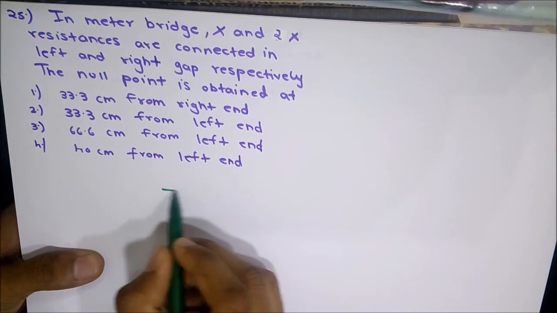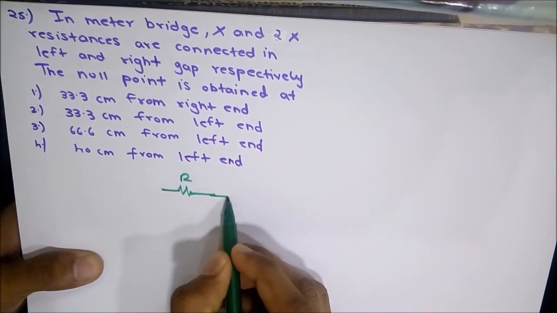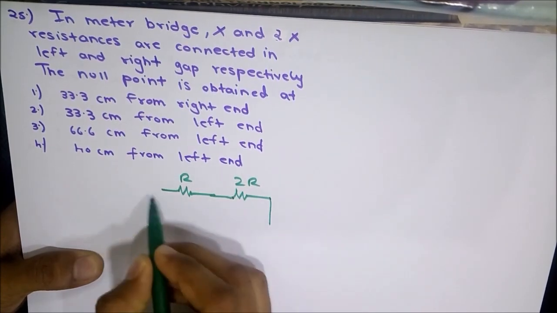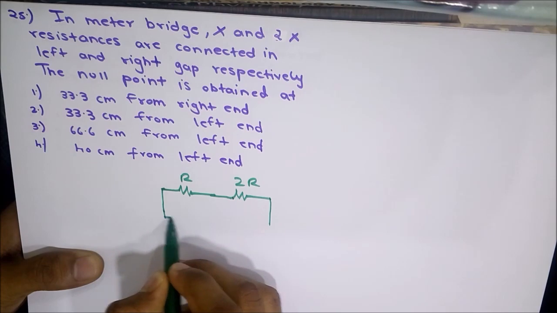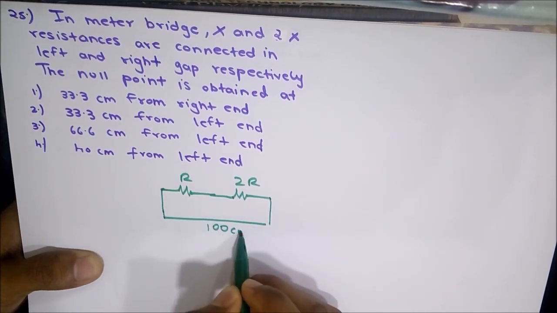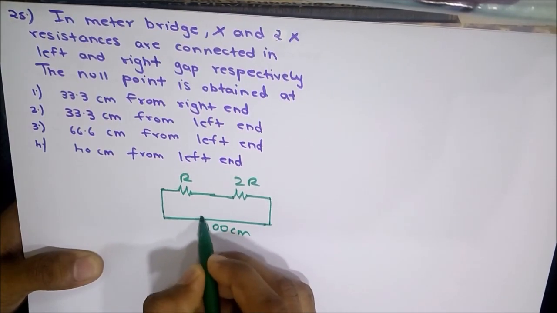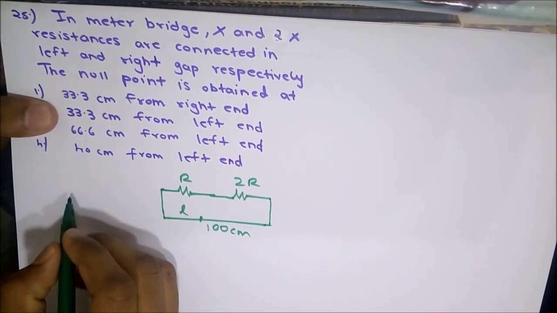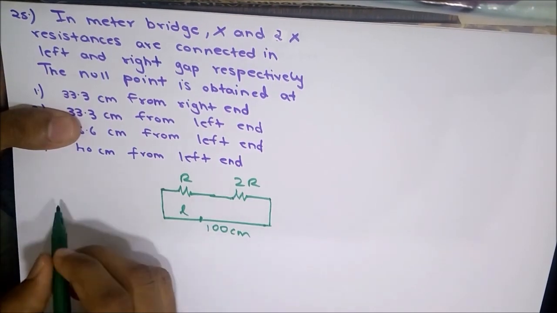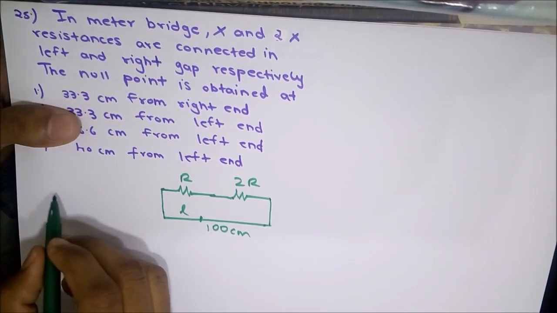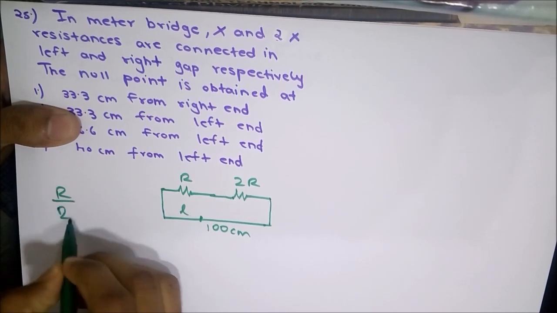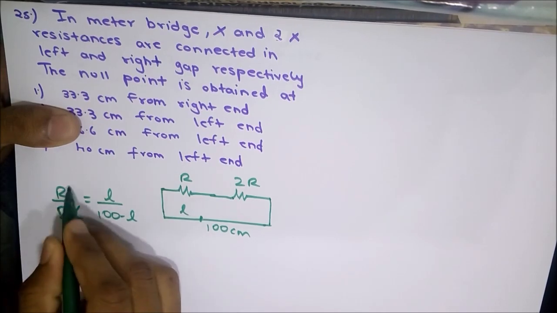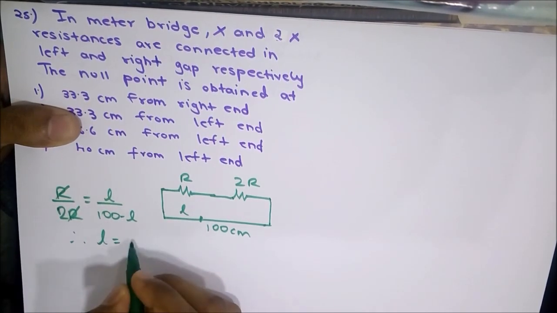Let us draw a meter bridge. A resistance R is connected in the left gap and 2R or 2X is connected in the right gap. And this is 100 centimeters. For a balancing point at a length L, the meter bridge is said to be balanced when R upon 2R would be equal to L upon 100 minus L. Therefore, the balancing length L can be written as